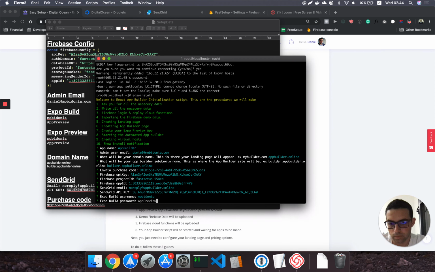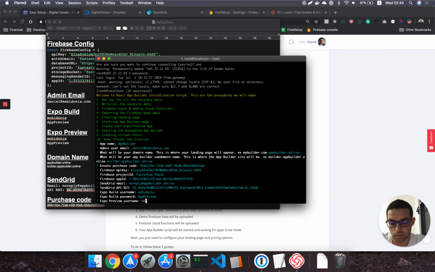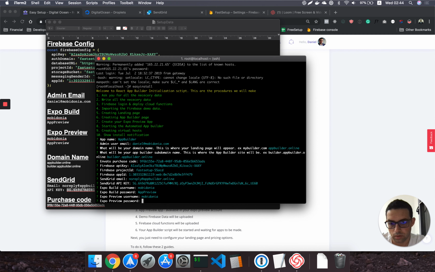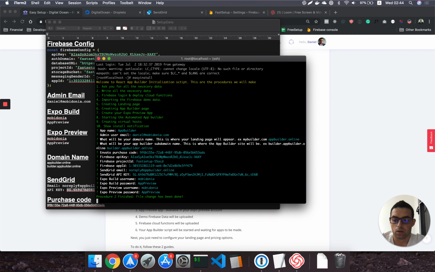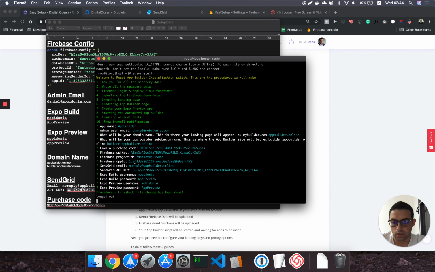Preview. Same for the other one. Preview. Okay, so the procedure to finish, all the files are written, and next we are going to procedure 3, which